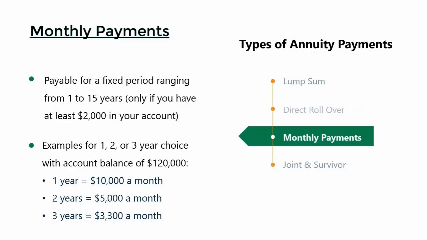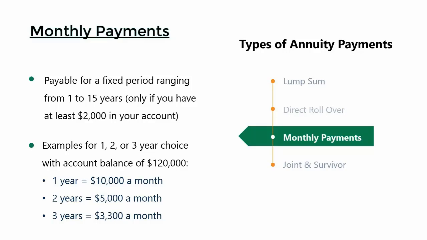The next option is monthly payments, and this would be payable for a fixed period ranging from 1 to 15 years. This option is only available if you have at least $2,000 in your annuity account. More than likely anybody on this webinar would have more than $2,000 in your account. So a quick example of this is if you choose the 1-year, 2- or 3-year option, and hypothetically if you